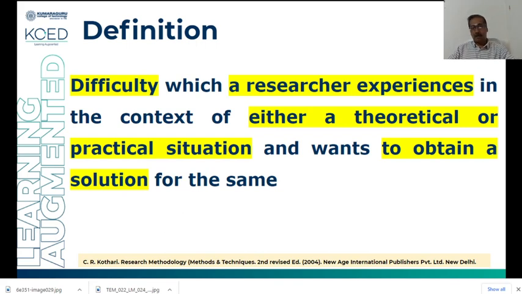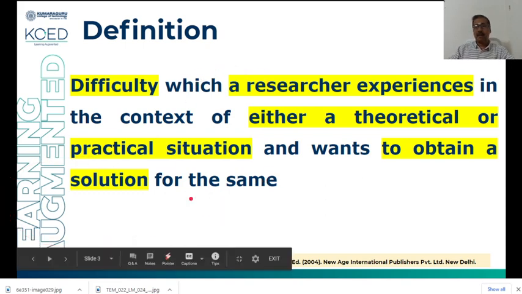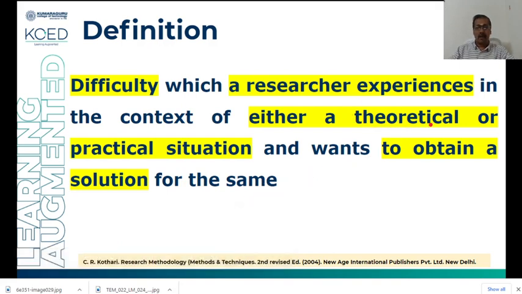What is a research problem? Actually, a research problem is nothing but a kind of difficulty a researcher faces or experiences in a theoretical or a practical solution. Now, this is a very general definition for a research problem because most of the time we may not go for a theoretical issue. This may be a theoretical issue, which may come under philosophy or another kind of social sciences sector, whereas